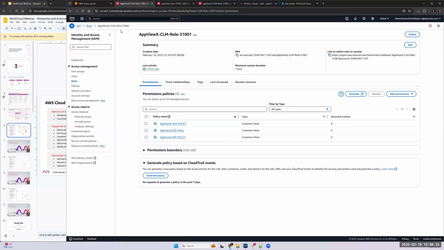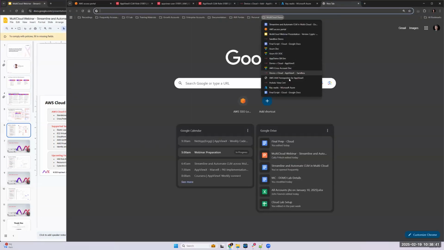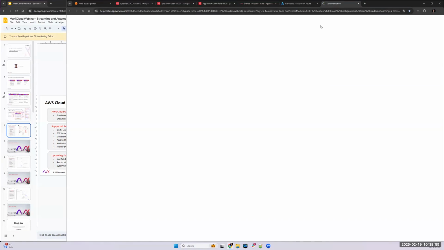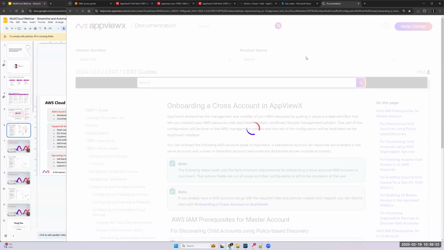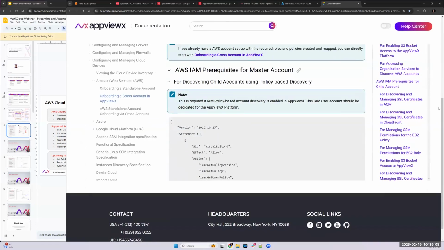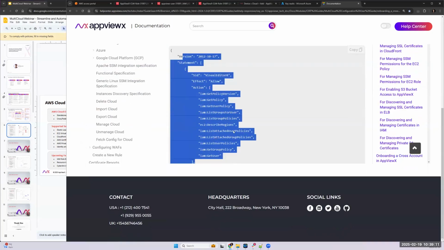So that's pretty much about the prerequisites, right? The policies over here are something which is available as part of our help center documentation. So over there, from the creation of users, creating the role identity or generating credentials for the user and attaching the policies, everything is covered step by step, right? So you can follow these steps and then you can simply copy paste these JSONs into your AWS accounts,